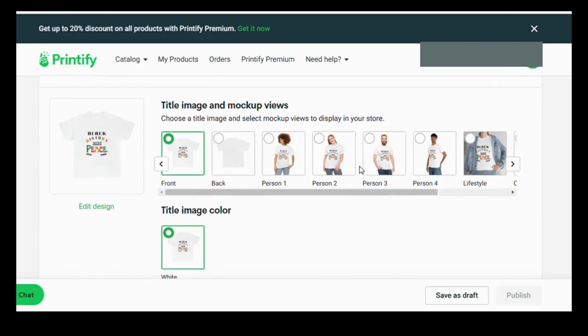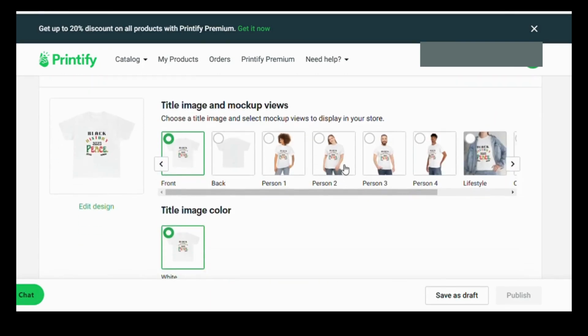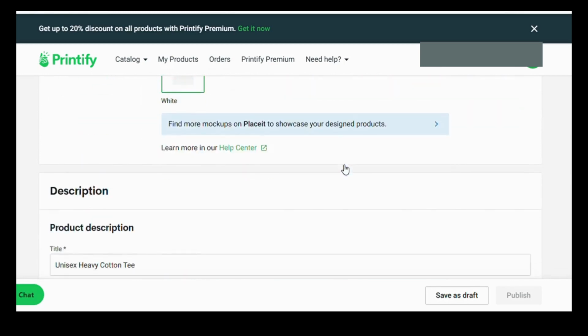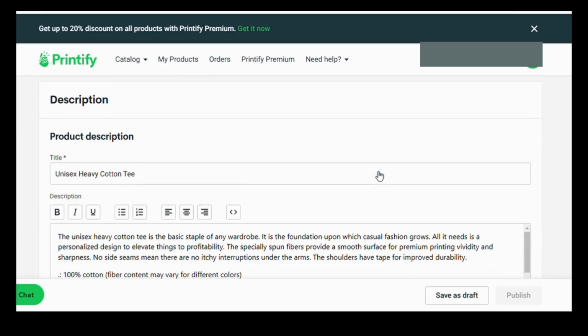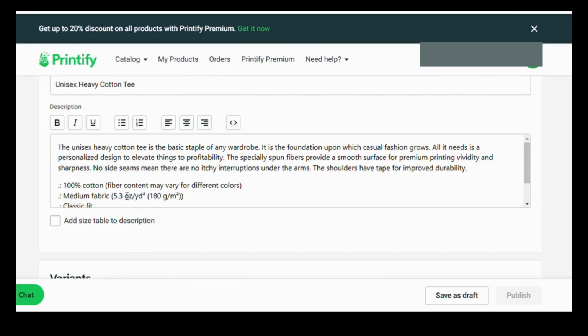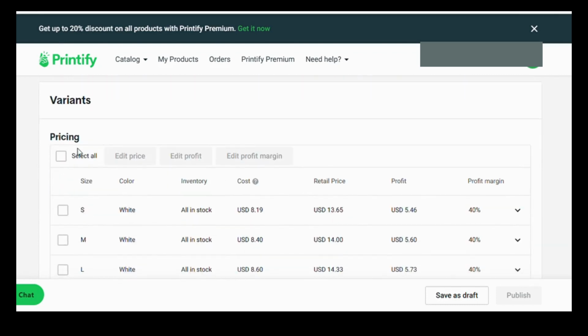And you can choose from all of these different mock-ups. I'm going to leave the one that I have. And you can also find more mock-ups on Placeit. That's what it's telling you. I'll also have a video on Placeit in a little bit, but not soon. And so here's your description here, which will be synced to whatever store you're going to use. And the pricing